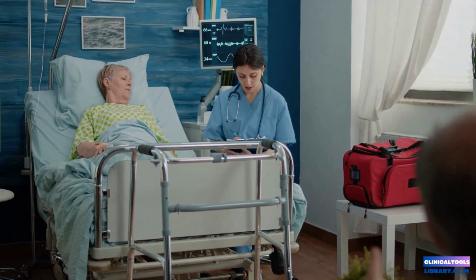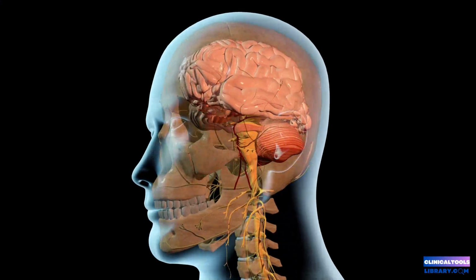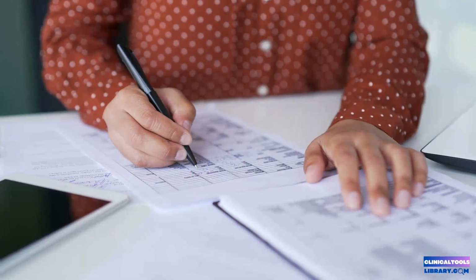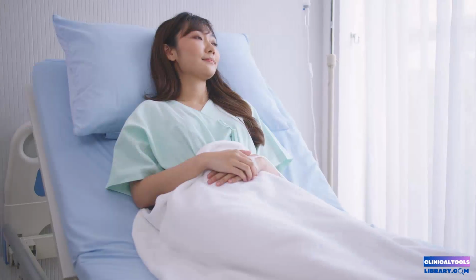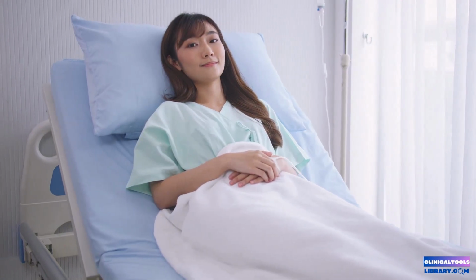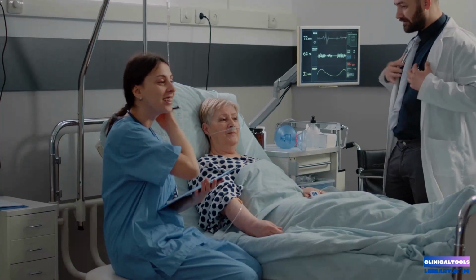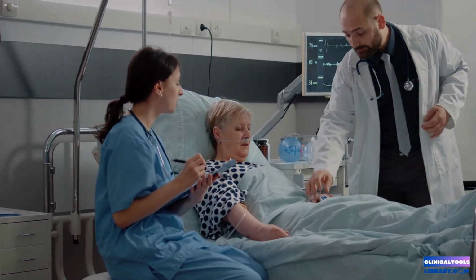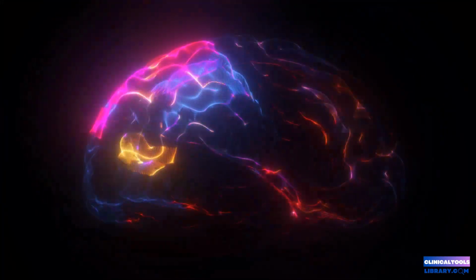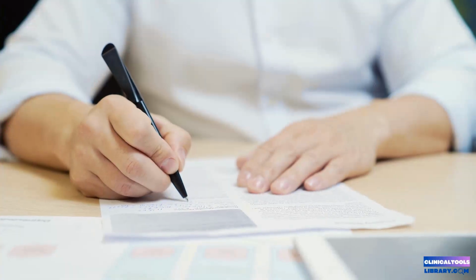The Richmond Agitation-Sedation scale assesses the level of consciousness and agitation in patients, particularly those in intensive care units. It measures a range from deep sedation to extreme agitation. The scale evaluates a patient's response to verbal and physical stimuli, providing a standardized method to quantify sedation depth and